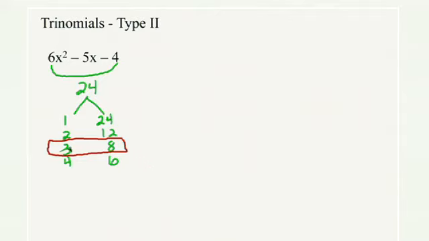So once you know this, we want to go up and place our signs on these two to create a -5. So we want the 8 to be negative and the 3 to be positive. So -8x plus 3x gives us -5x. Now, we're going to carry down, I'm going to try to do some dots here. You're going to carry down the 6x squared.